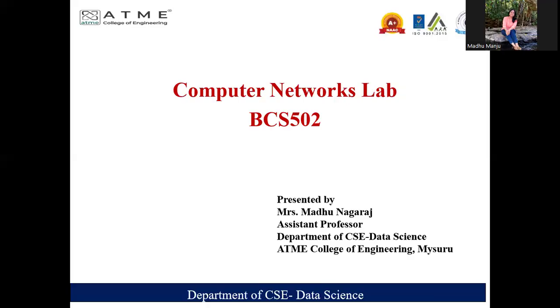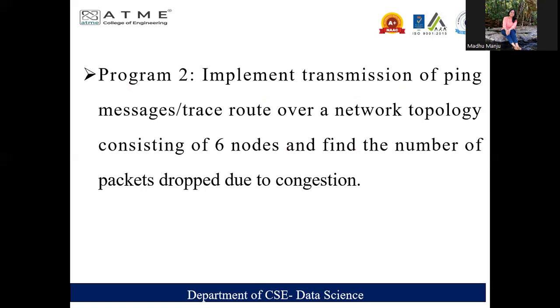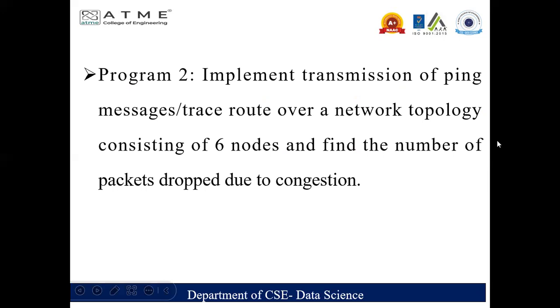The code is BCS 502. The second program says: implement transmission of a ping message or traceroute over a network topology consisting of 6 nodes and find the number of packets dropped due to congestion. So here, we are going to create a network that consists of 6 nodes, and we are going to transmit the packets in such a manner that wherever there is